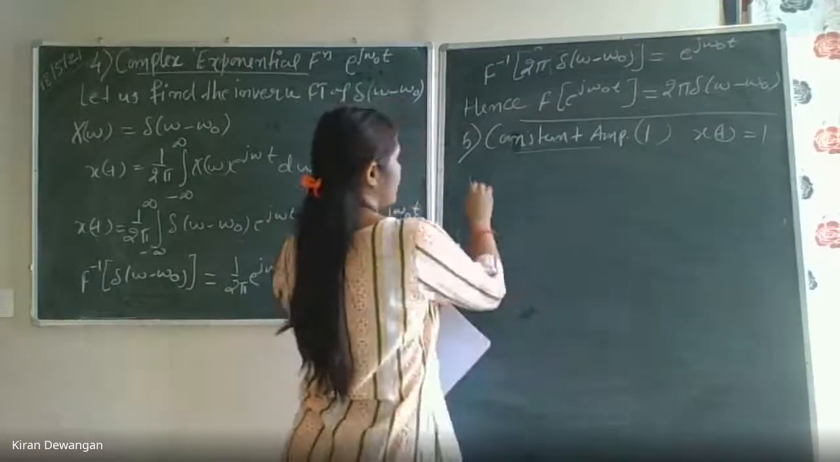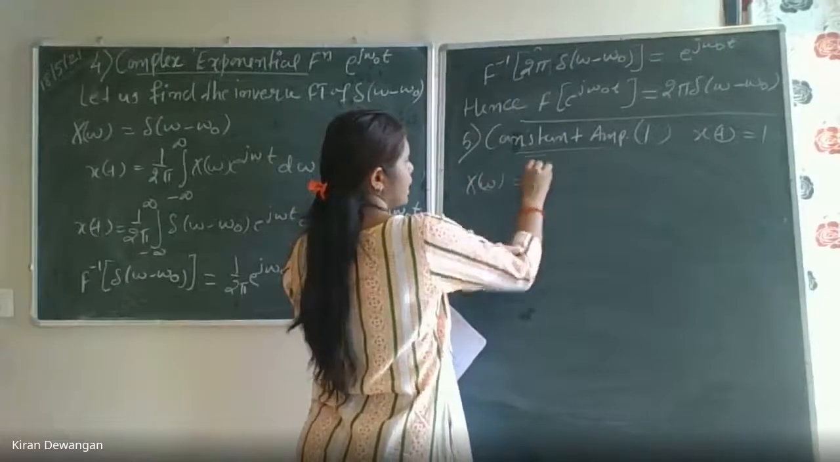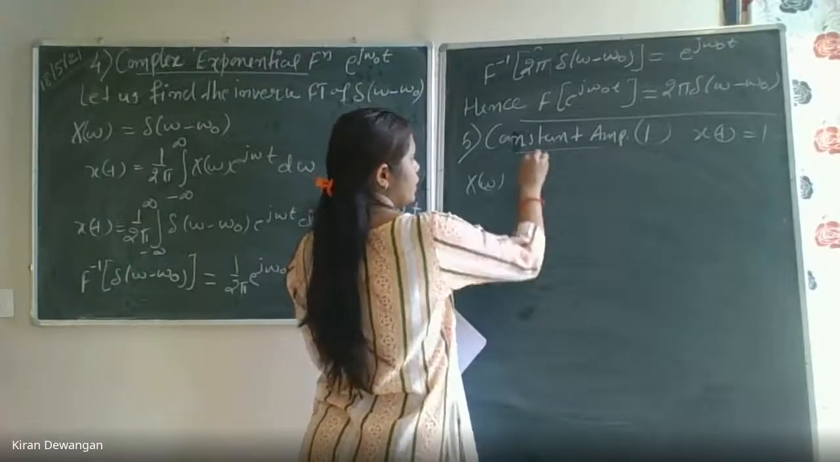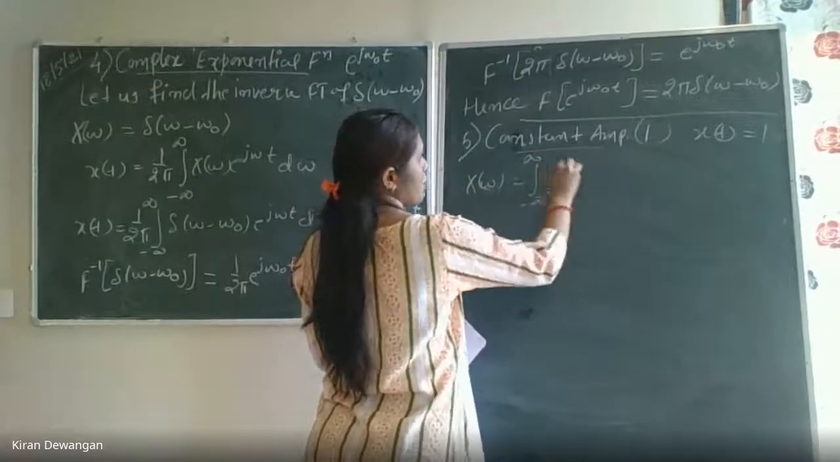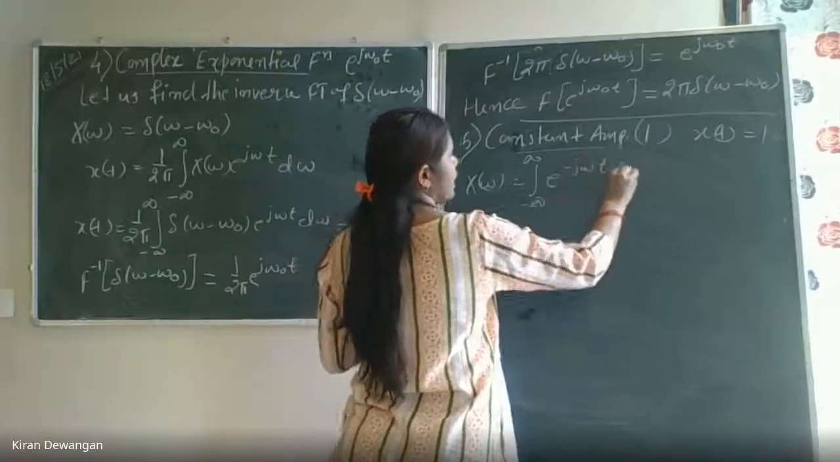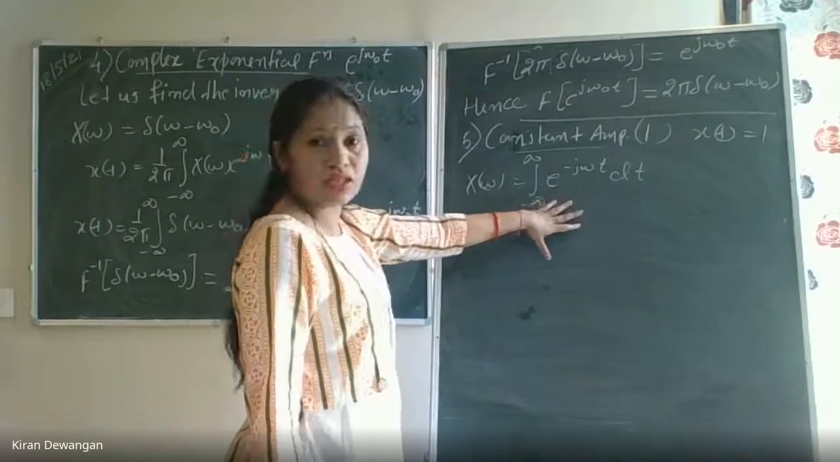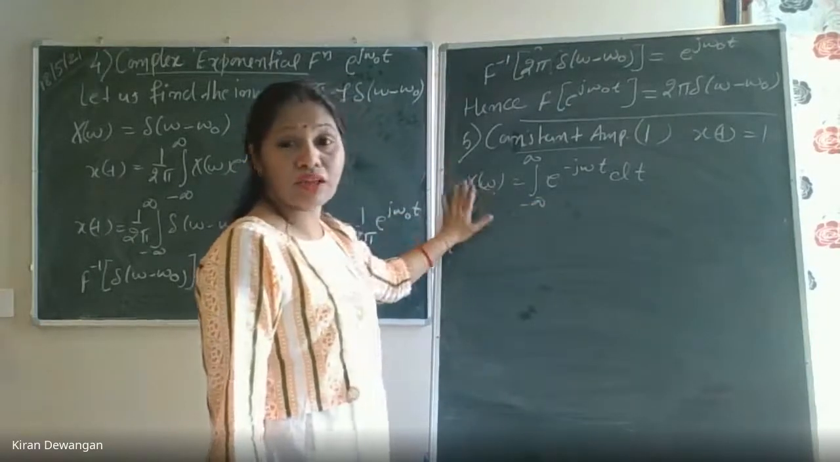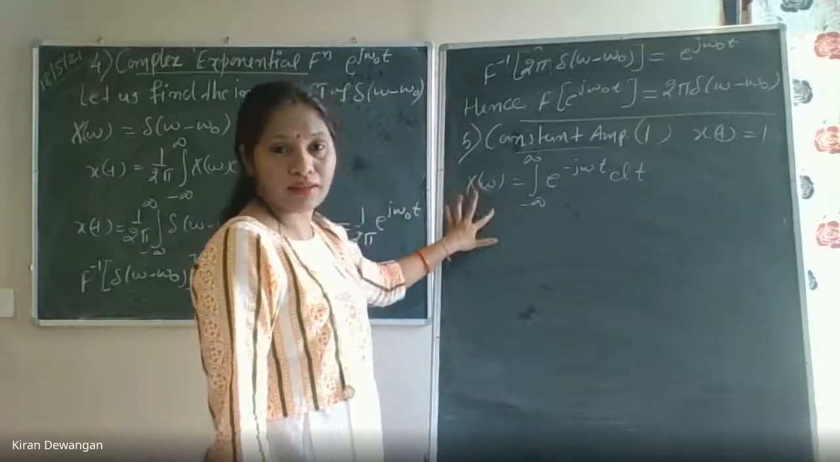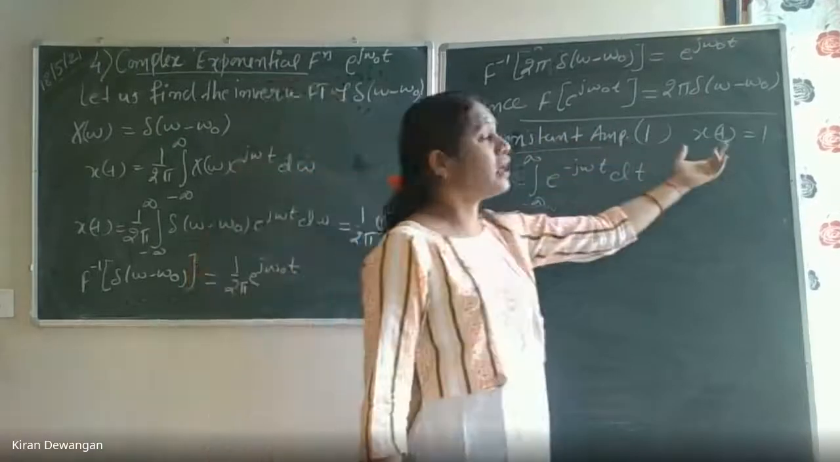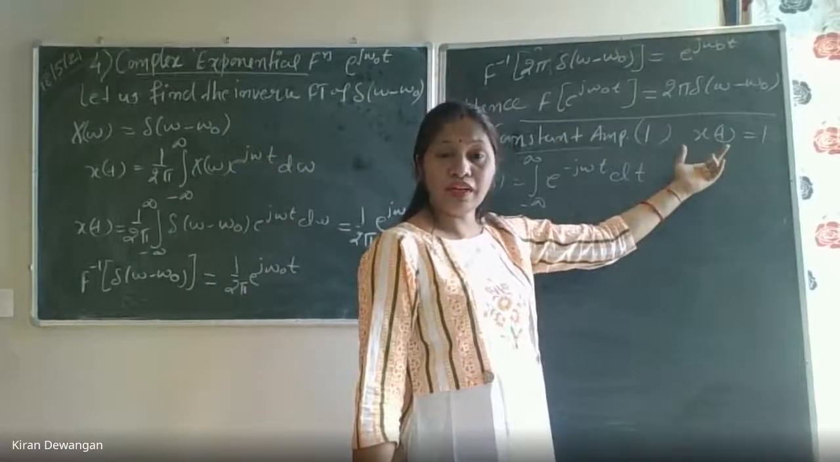If I try to find out X of omega, it will be the integration from minus infinity to infinity of x(t), which is 1, times e to the power minus j omega t dt, and that is not possible if I go in this way. But that doesn't mean the Fourier transform doesn't exist, okay, because this one is minus infinity to infinity 1 is